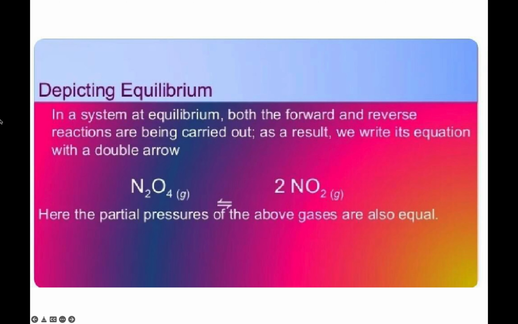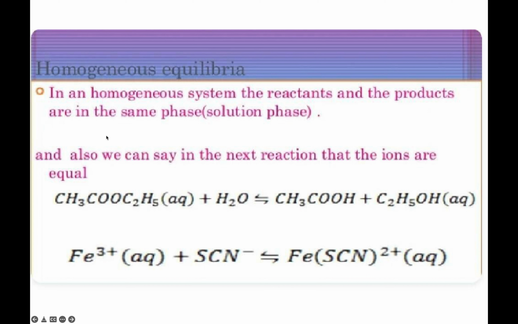Okay, now depicting equilibrium. In a system at equilibrium, both forward and reverse reactions are carried out. Because of that, we can write the equation with a double arrow, saying that both the reactions are taking place simultaneously. So the partial pressures of these two gases also will be equal. Now homogeneous equilibria. In a homogeneous system, the reactants and the products are in the same phase, that is the solution phase, as in the next reaction, CH3COOC2H5 plus water, reversible arrow, CH3COOH plus C2H5OH aqueous, and